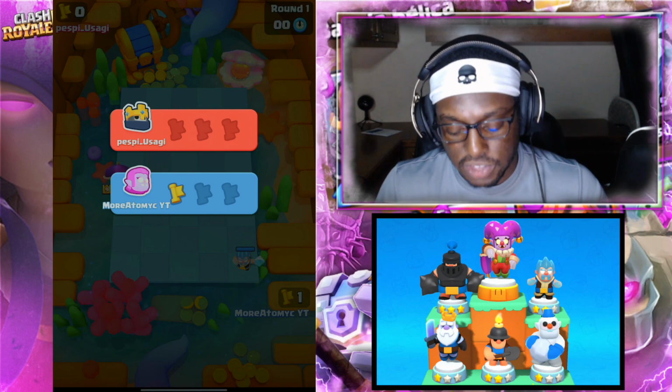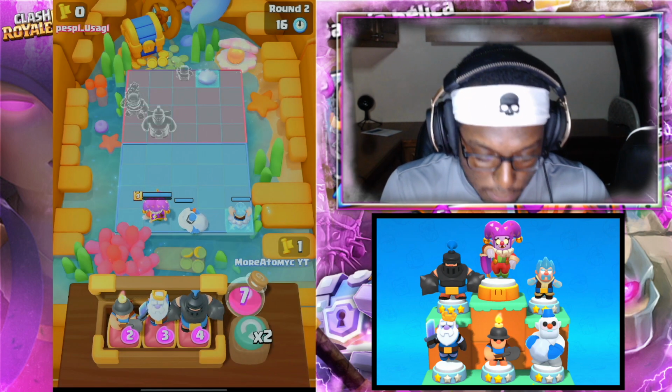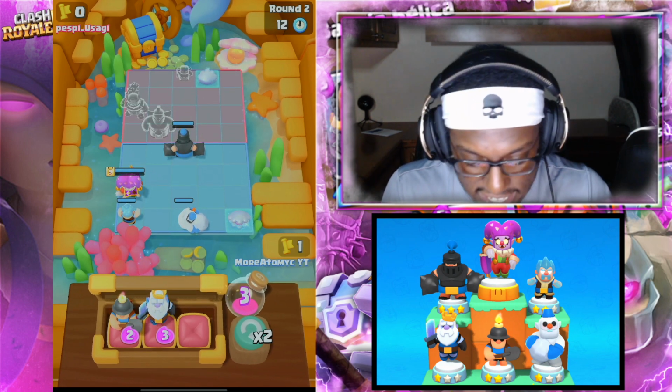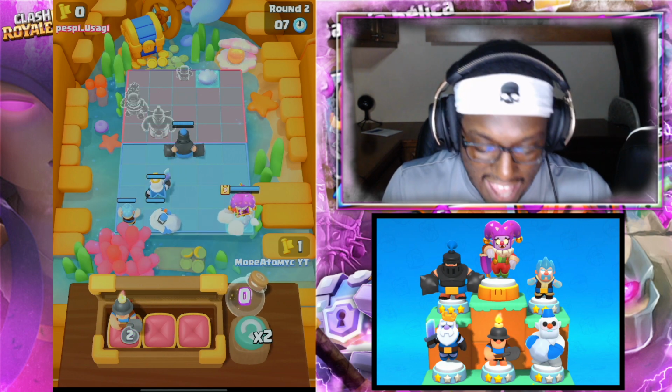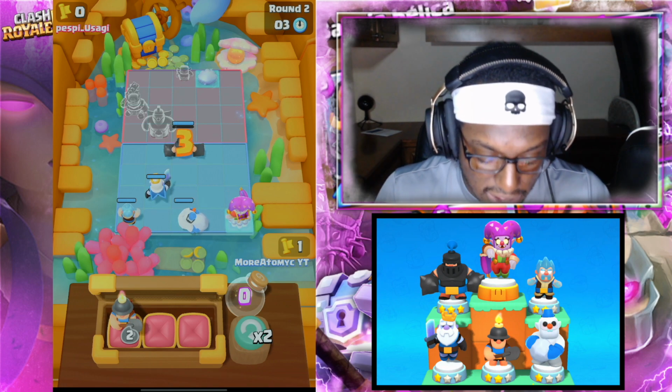So we have the Ice Wizard. The reason why he's just strong is if you're playing any of these decks that have front runners or people just running straight at you, which is usually the Barbarian King, Skeleton King, all these different decks, you want to make sure you have these minis that can slow them down. That's the Bowler, who can get a good knockdown at the beginning of the round, and then of course